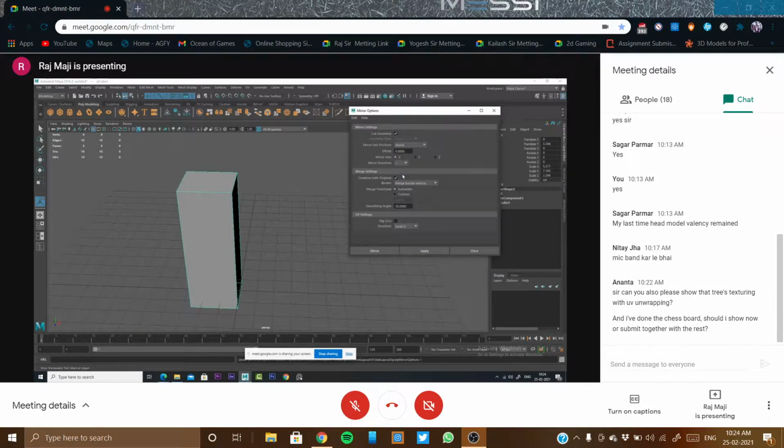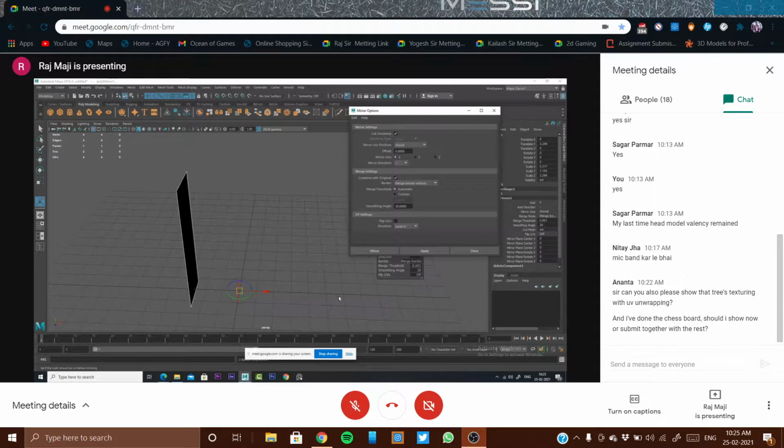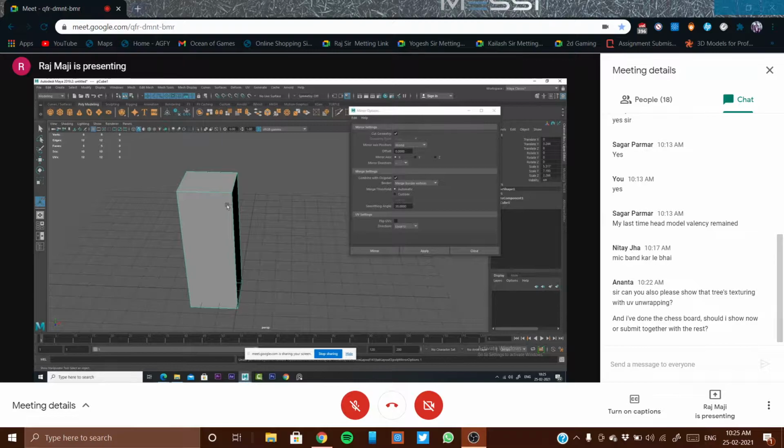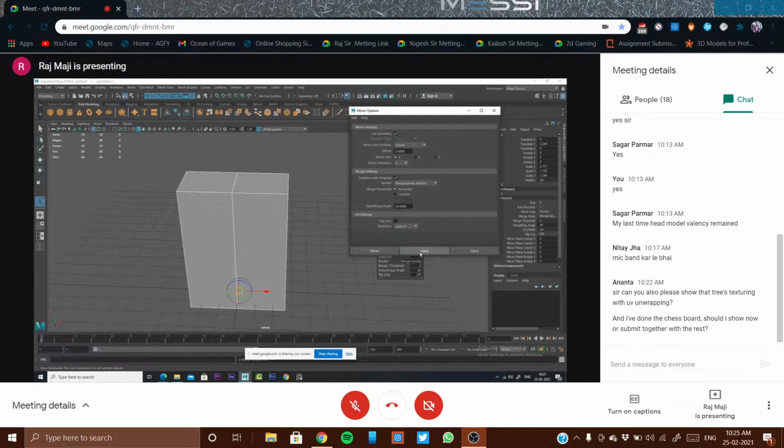Suppose it is in the negative side, so already it is there, and again I am selecting, I need that side only, then what will happen? It will happen like that. What is the case of yours? Yes, sir. Okay, so already the object is in the negative side, so we need the object in the positive side. So instead of negative in a direction, I should select positive. Okay, so then only it will come to the positive side. So apply, it will come this side.